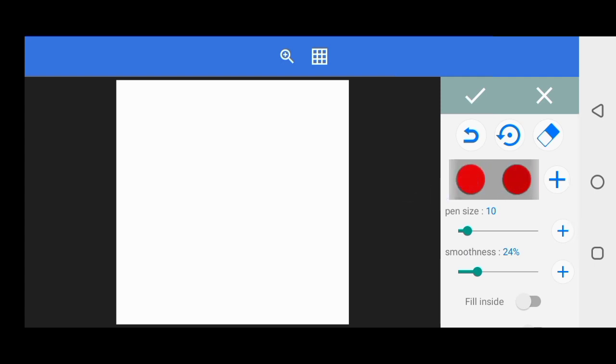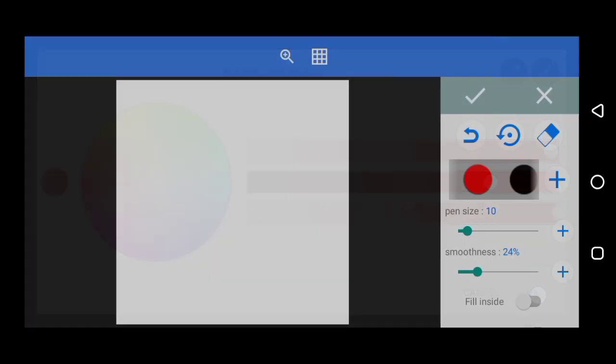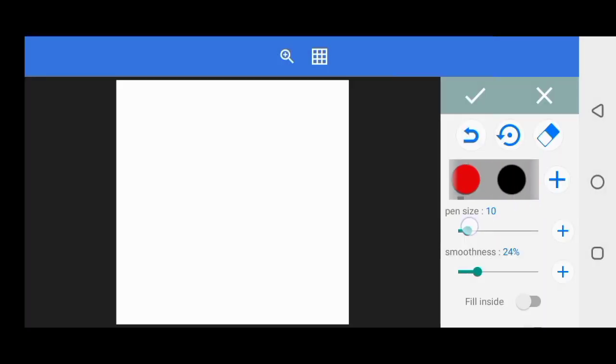select this. These are the two colors I'll be using. Let me save them. These are the two colors I'll be using. I'll call their name,